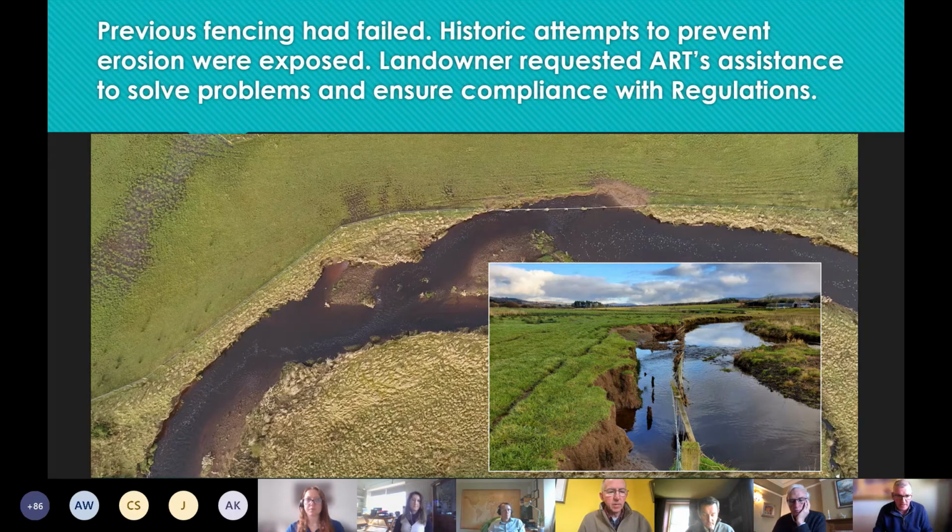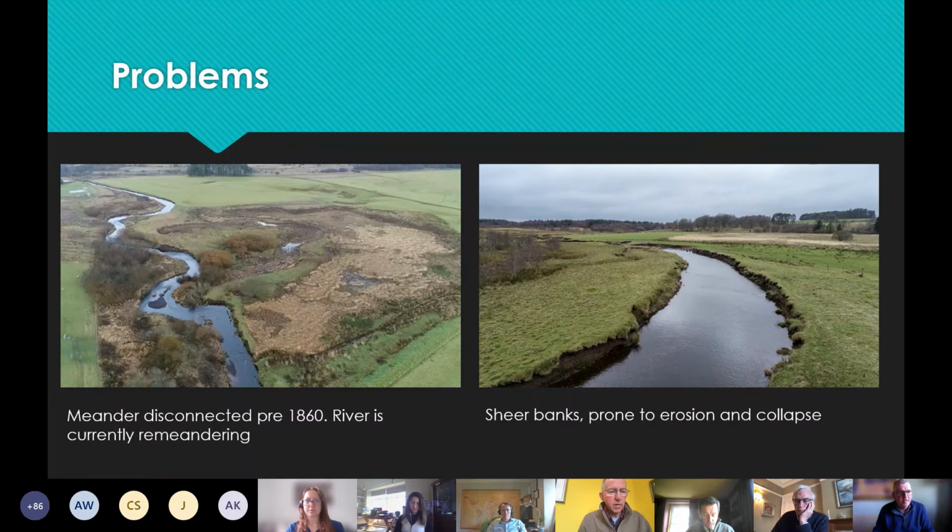Now, it was never our intention to stop the river spilling, but we have helped in some ways here. We understand we need the floodplain to act. You can see there upstream